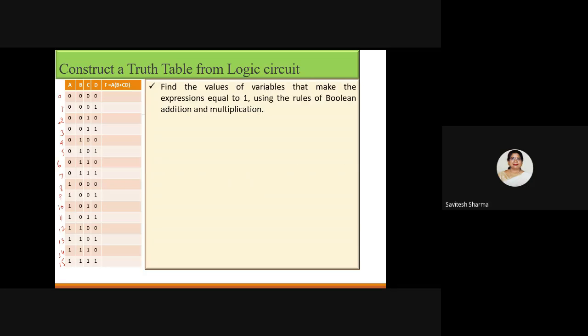First we will find out the values of the variables that make the expression equal to 1. So first I will observe the combinations for which your output is 1. I am only concentrating on the input combinations that will produce 1. I will use the rules of Boolean addition and multiplication. So I will start with the expression. Your function f, what is function f? You already derived it. It is f equal to A,